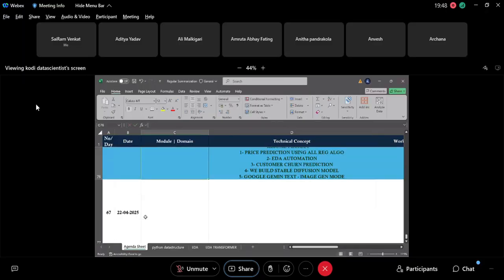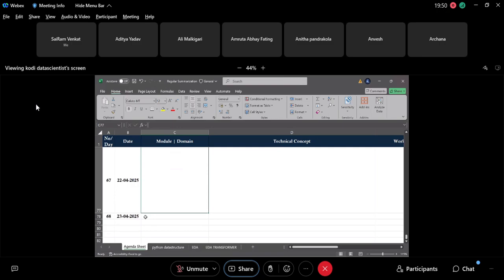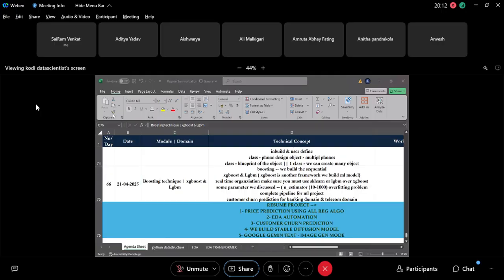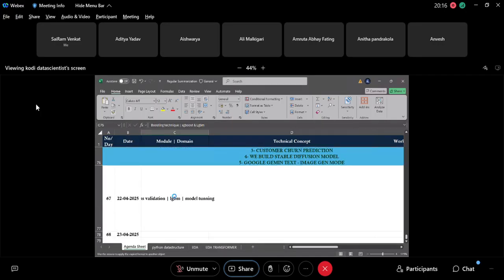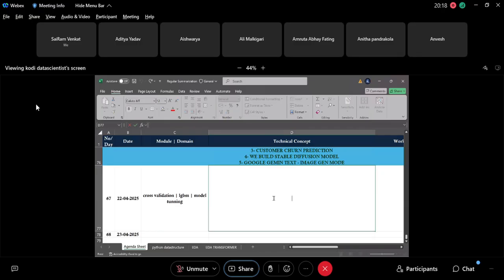Okay. So yesterday we talked about cross validations, right, guys? Cross validations and LGBM. Anything else? Model tuning, isn't it? Yeah, these many topics we discussed, guys. So let's write it down quick. So yesterday we learned